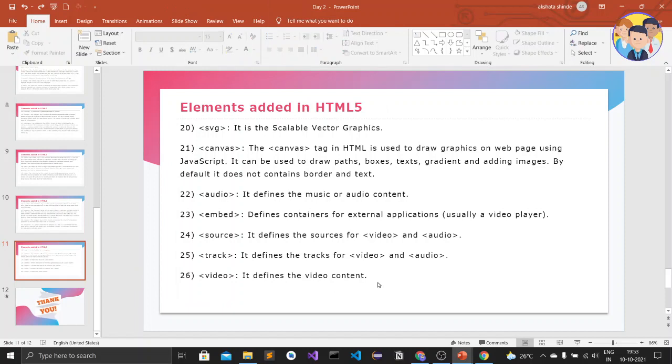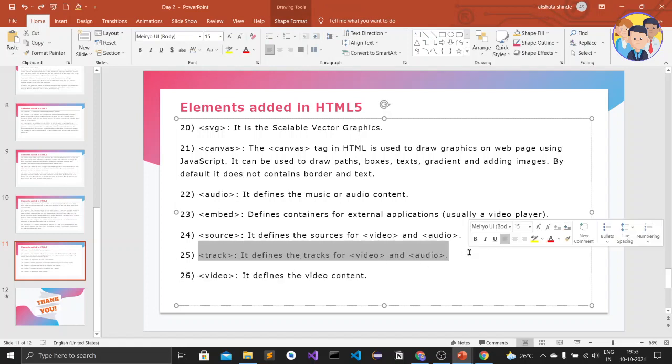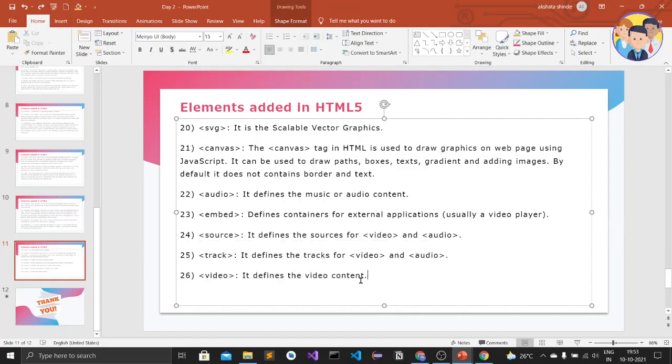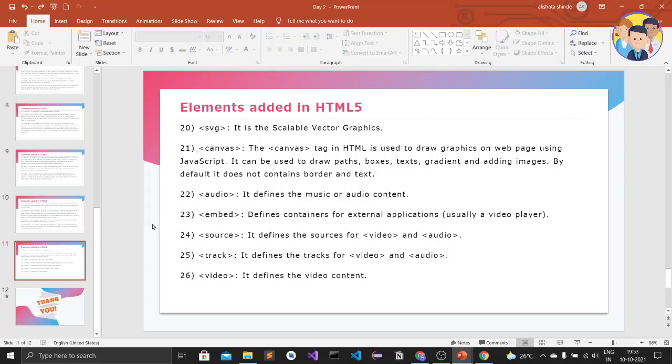That is the difference between audio, video and source. The last one is track, which defines the track for video and audio elements. This is also not very important. The most important is iframe, because this helps us a lot.